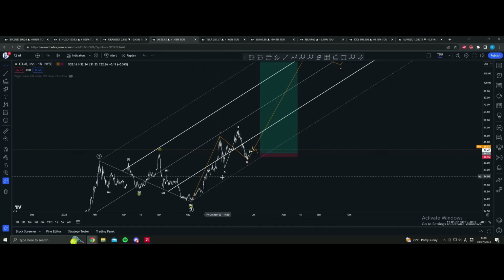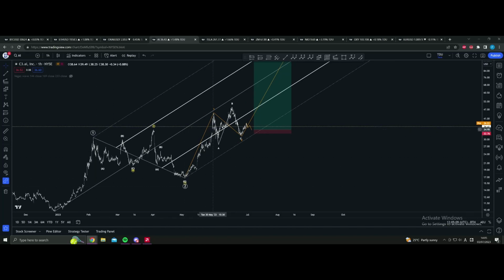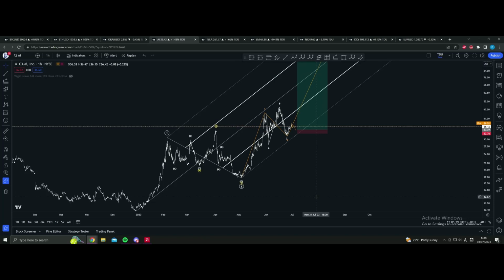If you think that this was a zigzag, an A, B, and some sort of an end here, so not here, something ended there, and then you want to think that you should short this, then this is your wave 1, and then an A and a B and a C, and then you short and hope for the lower lows. All right,